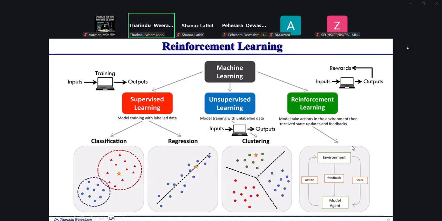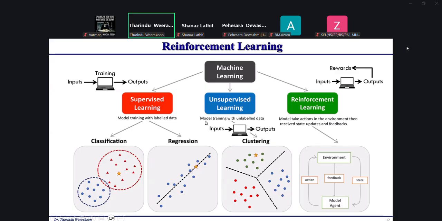So that is what we are using in robotics, reinforcement learning algorithms, right? This algorithm is more towards AI and very familiar with the decision-making process of human beings.